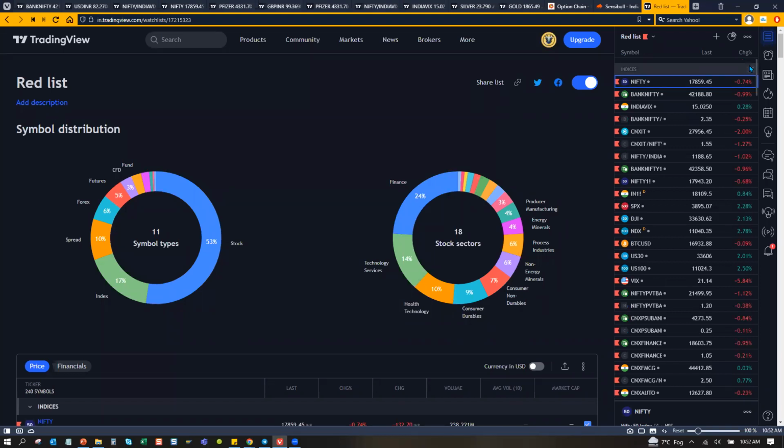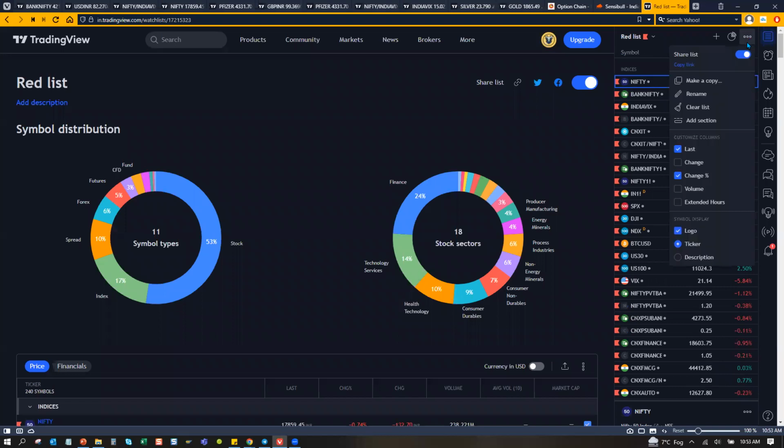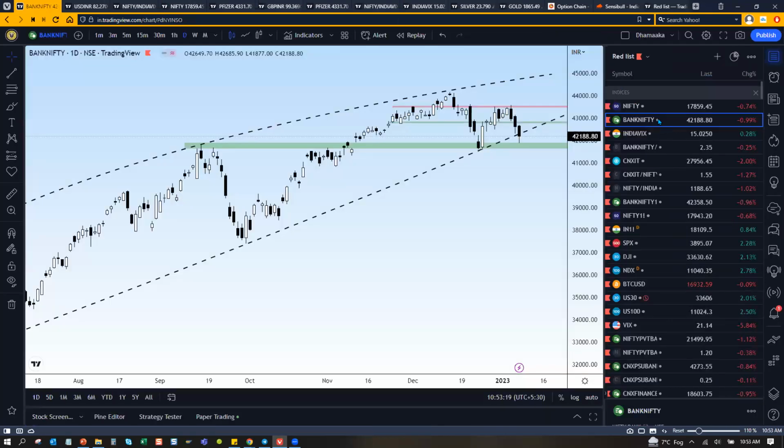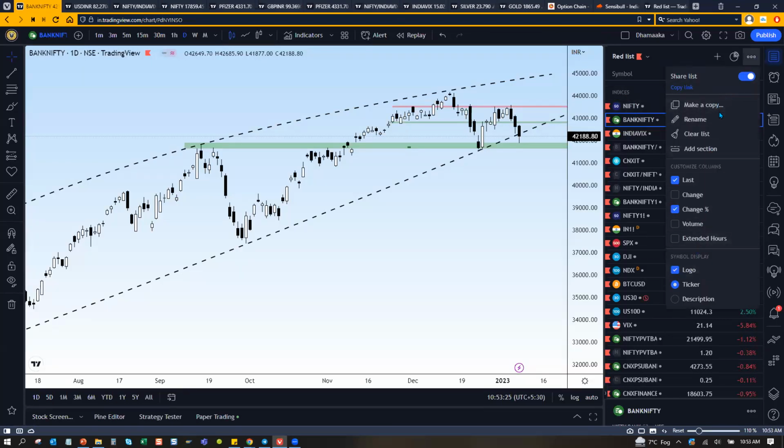So this is important for the people who, some people just messaged me yesterday, they never signed up even for Tradingview. So this is important. When you sign up, the first thing you need to do is set up your watch list. Now, once you set up your watch list, there is a way you can classify sections within it. Okay, so for example, I've given indices. So you can go to here and